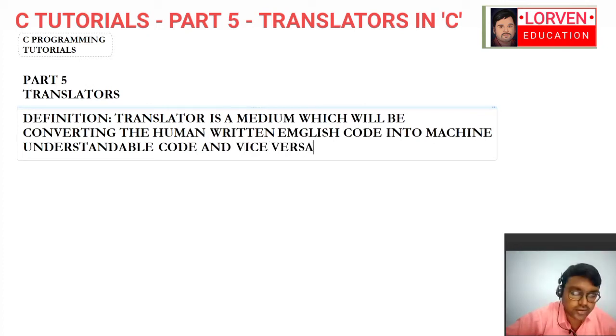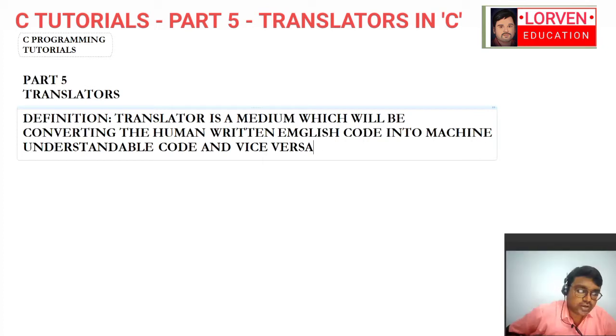So a translator is a medium which converts the user written English code into machine understandable code, and the reverse is also possible: the machine understandable code into human understandable code, right?